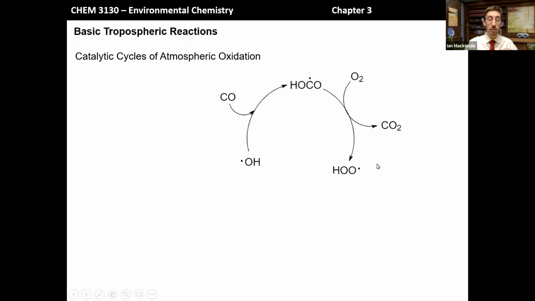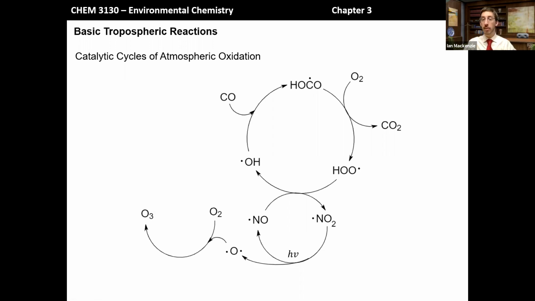This hydroperoxy radical is turned back over to hydroxyl radical via reaction with nitric oxide. So nitric oxide comes in, pulls off the oxygen atom, that will generate nitrogen dioxide. Both of these don't have a full octet, so there's actually a radical centered on nitrogen in these. But then NO2 we know is turned back over photochemically to generate nitric oxide and then a free oxygen atom, which I've just drawn here. I haven't drawn all of the valence electrons, but it's got 2 unpaired electrons in its just atomic Lewis structure. And then this oxygen atom reacts with just molecular oxygen to regenerate ozone or generate an equivalent of ozone,